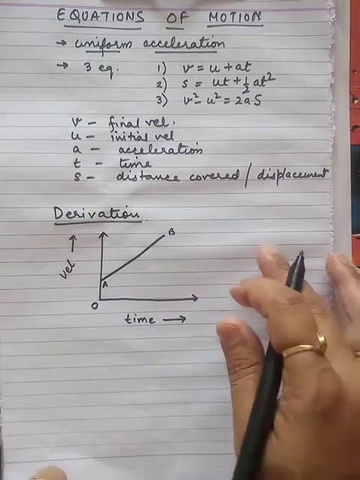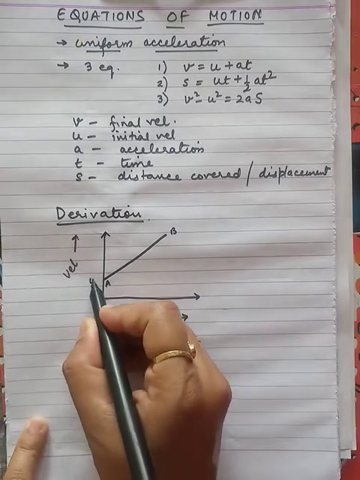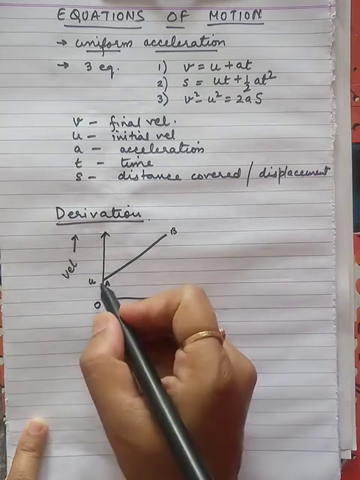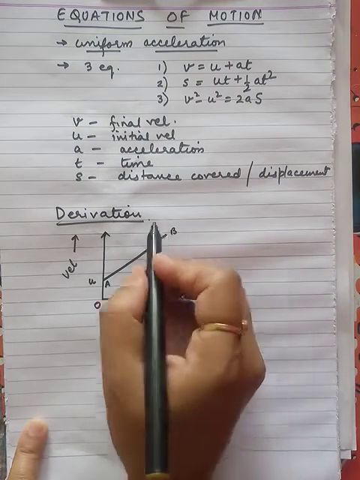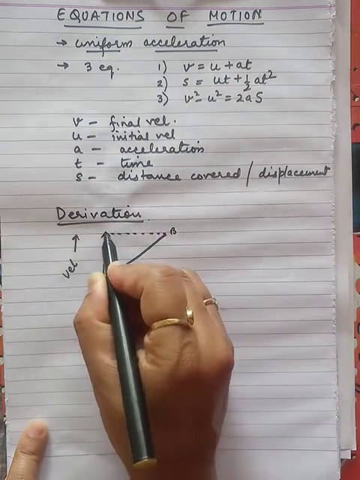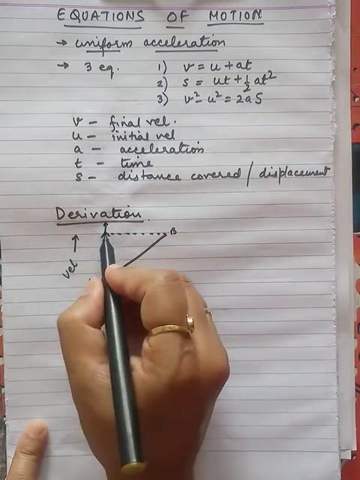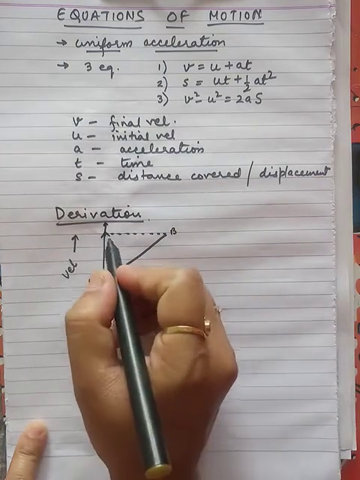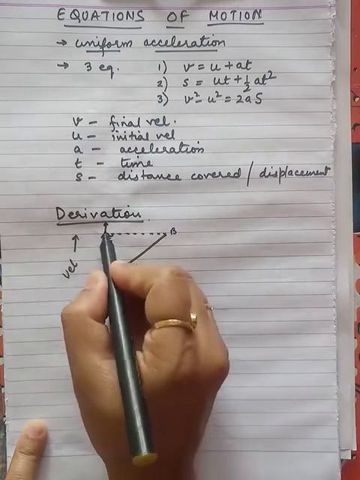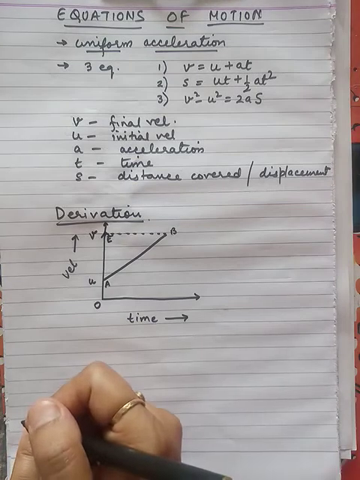So in this case, we are considering the value of initial velocity as u, which is a common variable. Now what will be the final velocity? Till point B we will be considering the final velocity. So this is the point where we are having this. I will just extend it. Let's say this point is E, and at point E the value of velocity is the final velocity, which is considered to be V.